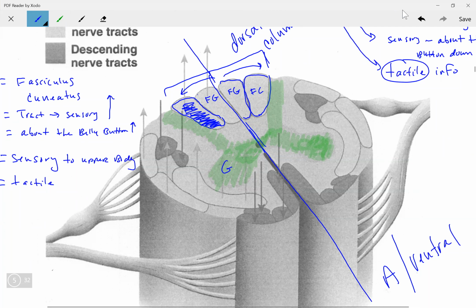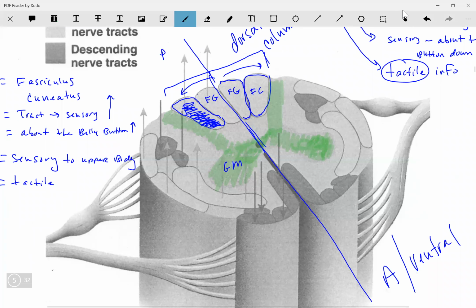We said that all this was the gray matter that I highlighted in green, but there are specific parts to it. Since this is the posterior aspect of the cord, that makes this the